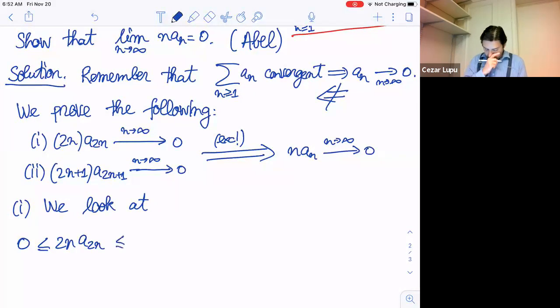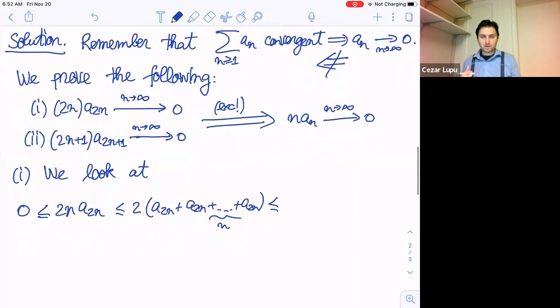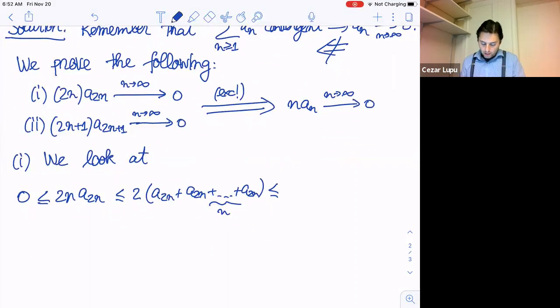And this will be less or equal. I know that the sequence is decreasing, right? And I'll have n terms of these. So let's keep the 2 out. So this would be a sub 2n plus a sub 2n, so I have here n terms. And since the sequence is decreasing, this will be less or equal than 2 times